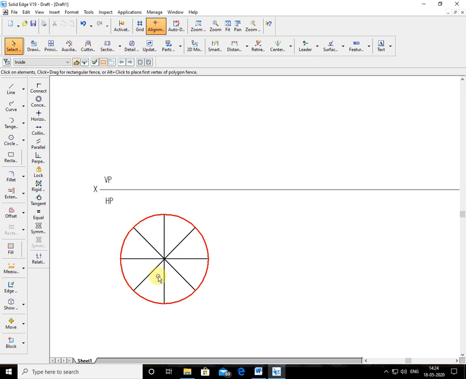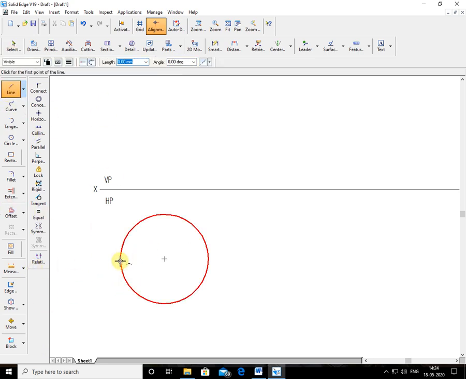Okay. To learn different commands, there is another way of dividing a circle, and I'll explain that. Now see here, it is stating independent lines. These are all independent lines. So I'll delete these lines and tell you another method. The method I explained, you can use it, because it is easy and there is no confusion. Another command is there. I'll draw a horizontal line from the center of the circle.